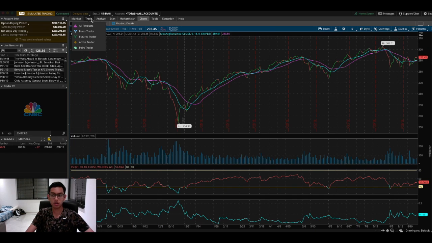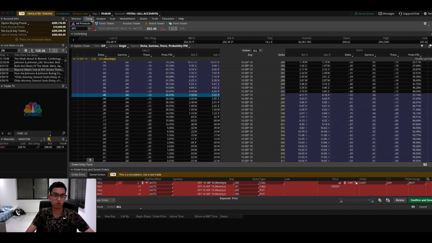But what I want to do is go to trade, and in trade, I want to go to 2 weeks time, which is 14 days. I haven't got that much time. It's just 15 minutes left in the market, so I have to get this done really quickly. So what you want to do is